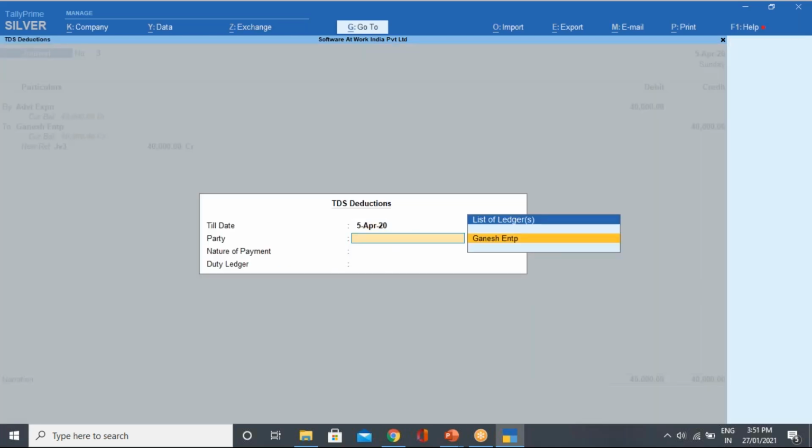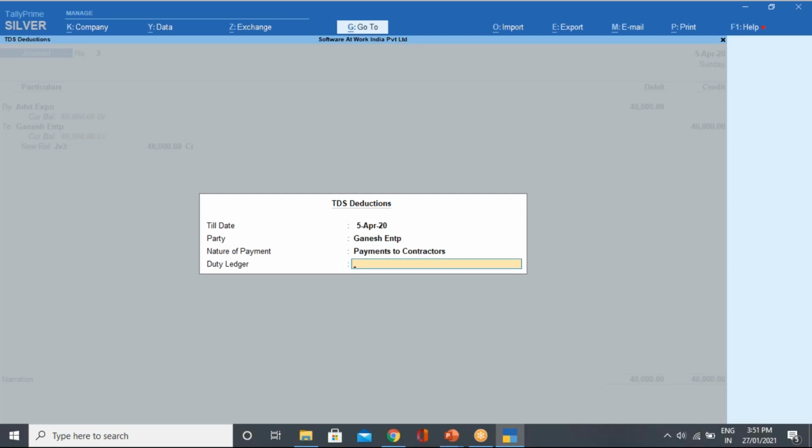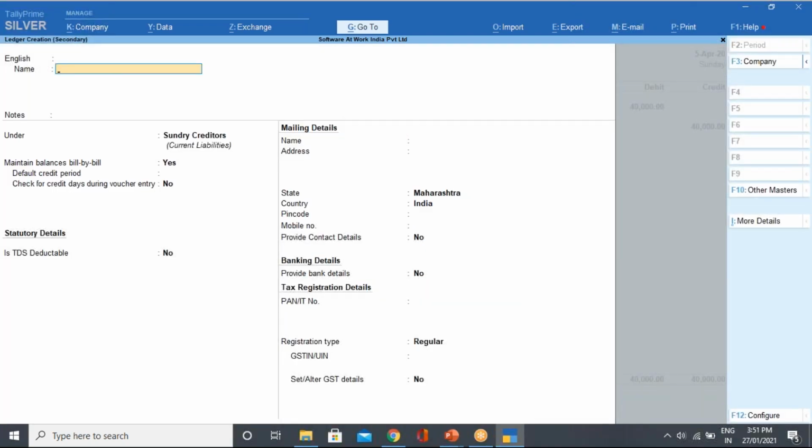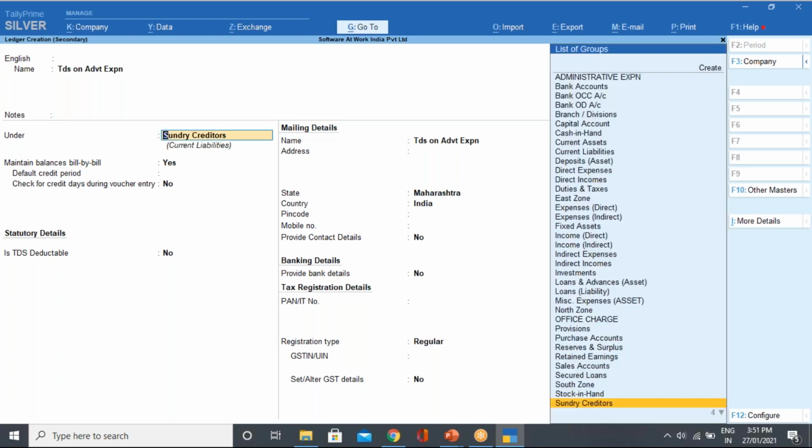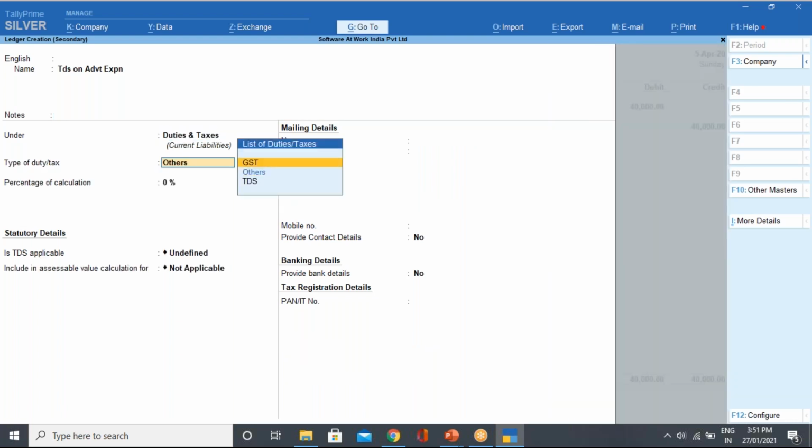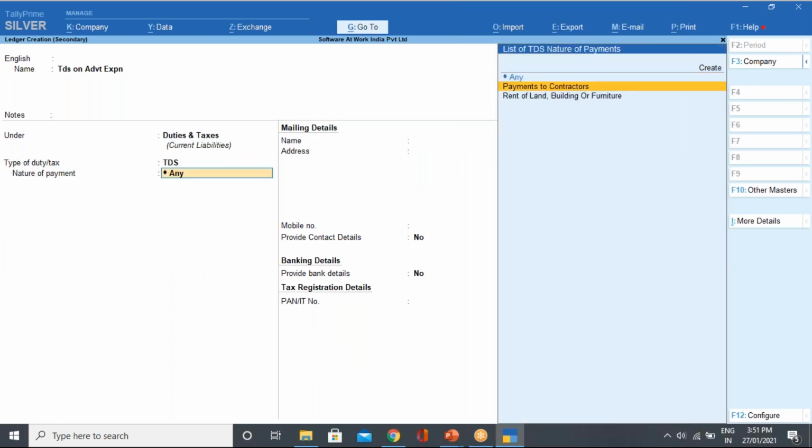Give the date as 5th April, Ganesh Enterprises, payment to contractor, and the duty ledger I will give as TDS on advertisement expenses. Here I will select duties and taxes, TDS, and here I will select payment to contractor.